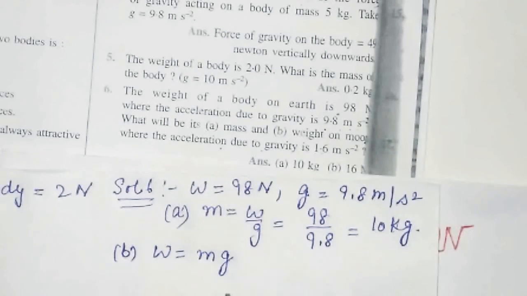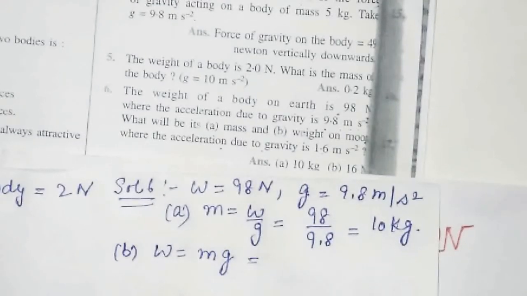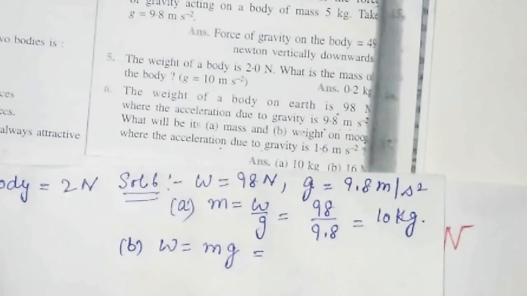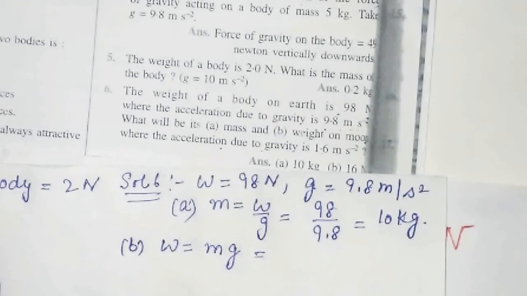Students, you have to write down properly in the exam, that is, mass of body on earth, weight on moon. You have to mention it clearly. I am not mentioning it, but you have to mention it. Clear? Here my purpose is only to understand each and every numerical as simply as possible. So in the exam you have to write everything in detail, what is given, what is to be proved. Clear?